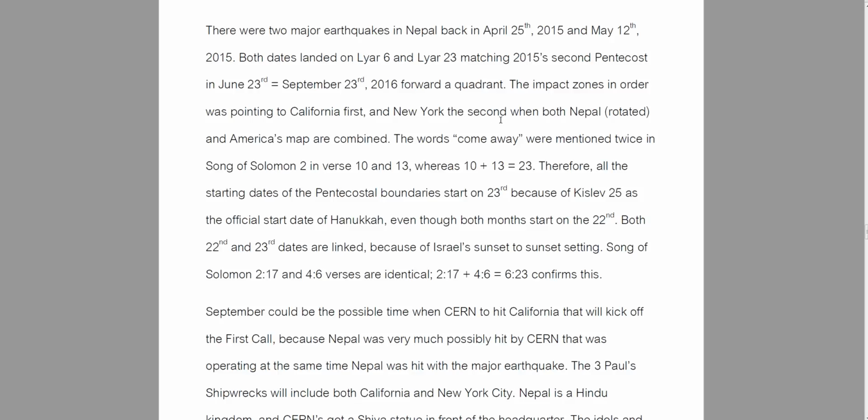Hello. So this is the continued video about the four quadrant equation, and especially in relation to 923, September 23rd. One thing that I would like to add about the